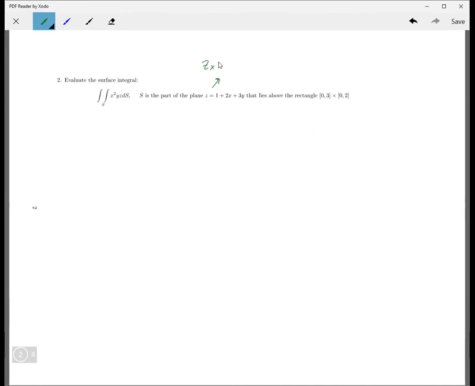And z_x would be what? 2. Exactly. And z_y would be 3. Okay. So the partial of this with respect to x is 2, and then this is just a 3. Okay. So that means that the integral